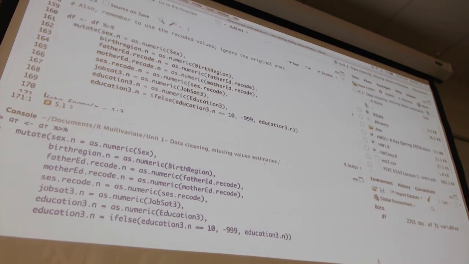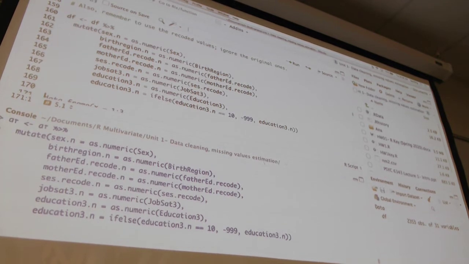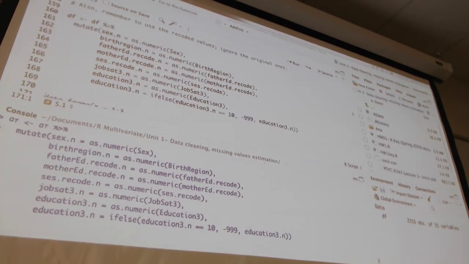And then you took that new numeric variable and you said, basically, if Education 3 is equal to 10, then make it negative 999. Otherwise, leave it what it is. Just copy it and put it as it was. Yes. Okay. But you did have to do those in 2 separate steps because you needed it to be numeric first. Yes. Now, the alternative, and I discussed this a little bit in the video that I'll just briefly cover